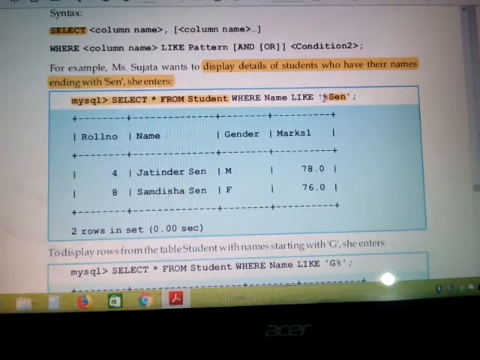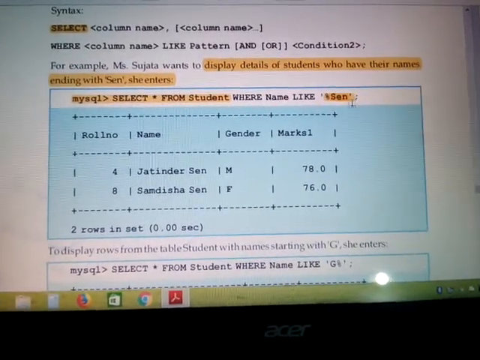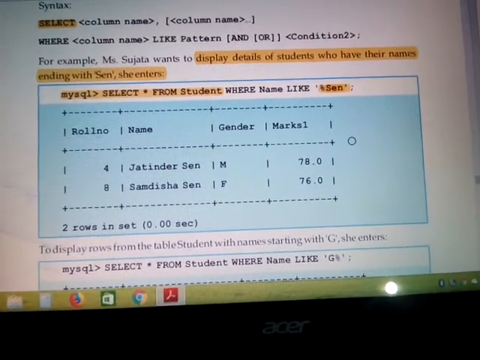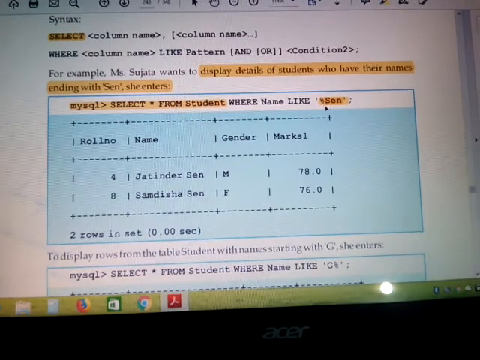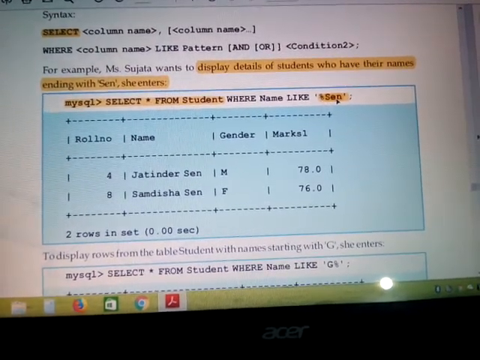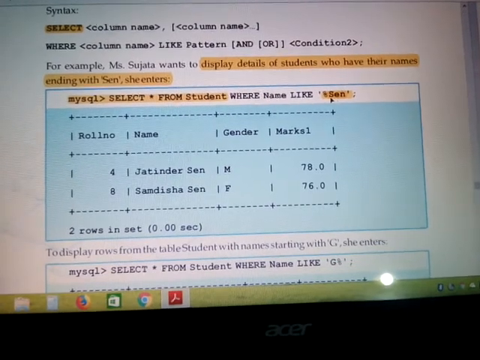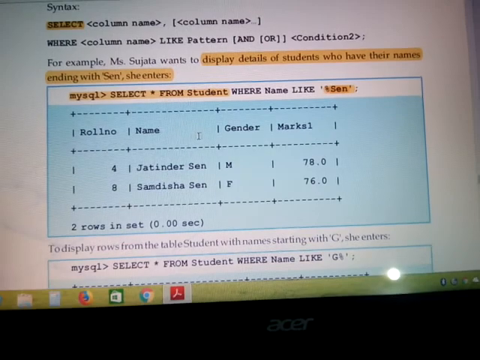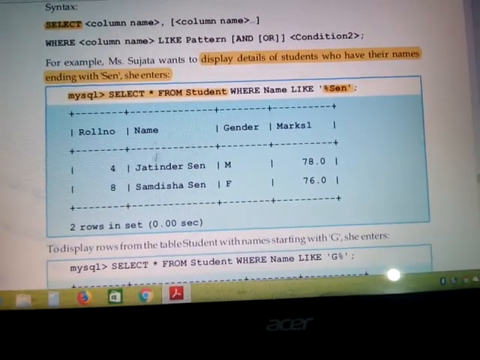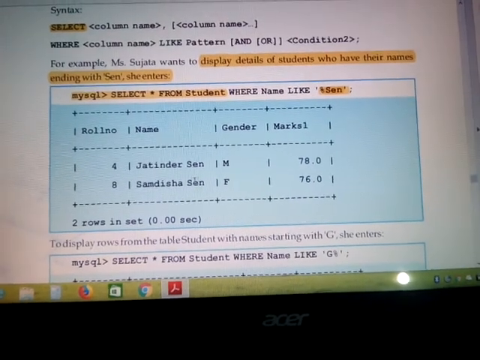So we have written percentage sam, which represents only those names that end with sam. Just remember, if percentage is written before the string, it simply means it ends with that particular string, sam. In the example, two names are given here, and we can see that their names end with sam.